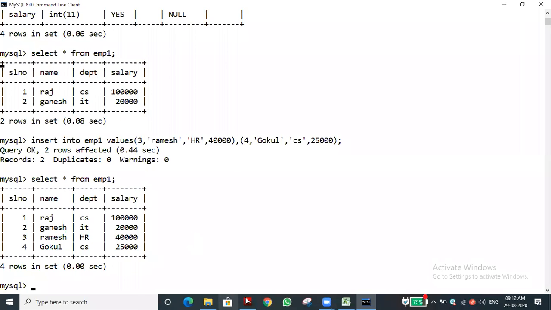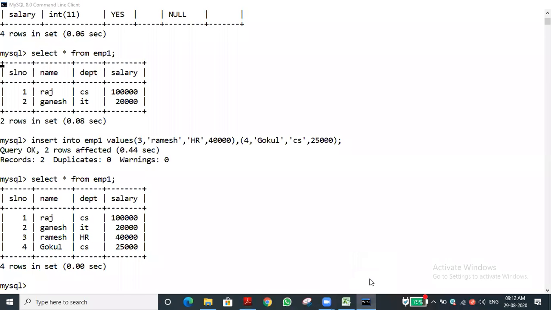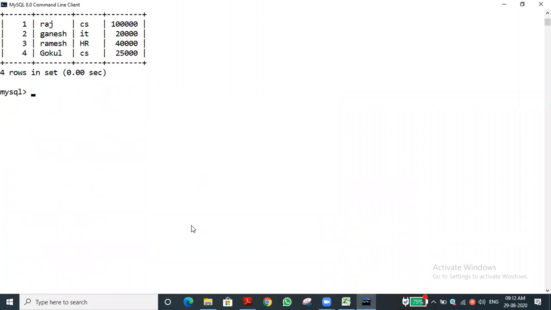Then let me do our action. Let me show the slide. You can see how to use, let me use one by one, the comparison operators: salary greater than, less than, equal to, not equal to. We will use all the queries in order to get the expressions. For example, I want to know who are all the persons getting a salary greater than 20,000. What is the query? Let you people tell that.